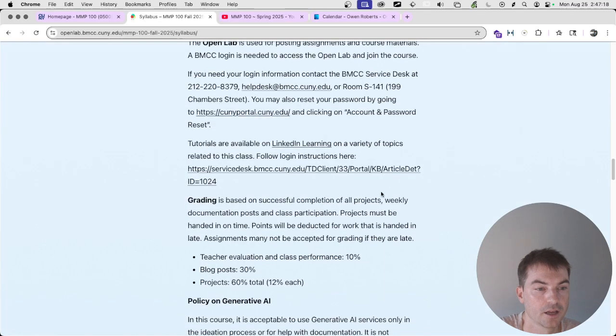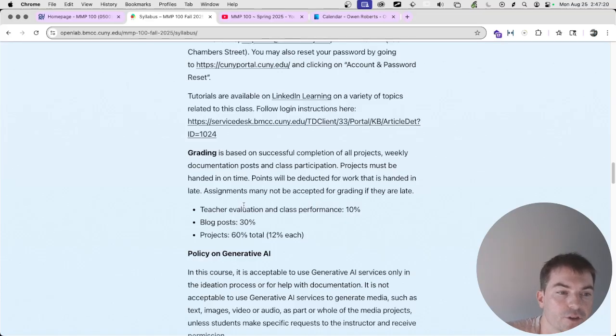Here's a breakdown of the grading. 10% of your final grade is teacher evaluation and class performance. This is something that comes in at the end, but it's mainly based on your progress throughout the class. There's going to be an opportunity to give feedback to your classmates. A big part of the grade is just, are you consistent in giving feedback to other students?